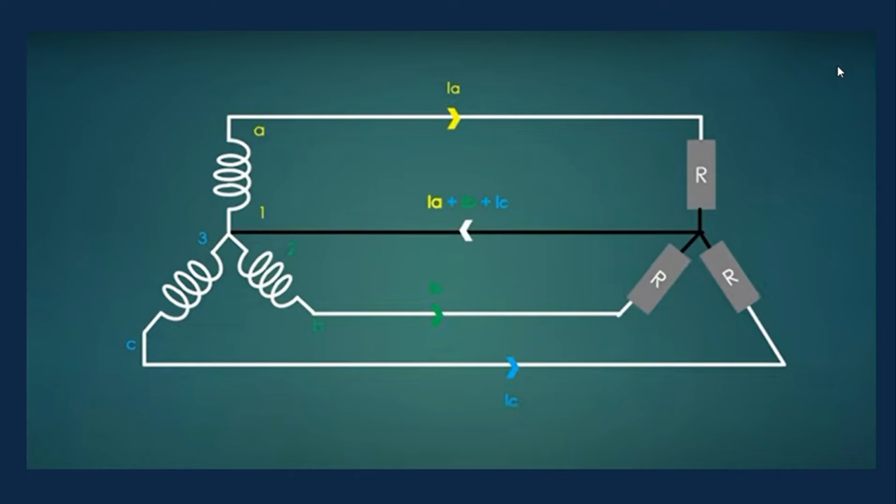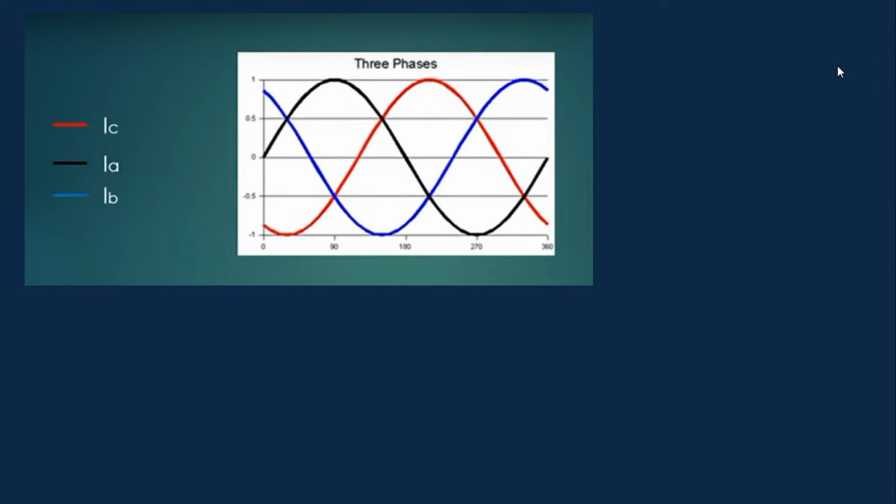It carries the sum of the three currents IA plus IB plus IC. At first, many people think that the conductor required for neutral should be 3 times the size of the other three conductors. But as we know, the currents of the three phases are out of phase by 120 degrees from each other, and if we draw a waveform of these currents, it will look like this. Now, if you observe the diagram carefully, you'll find that the sum of the return current is zero at every instant. For example, at the instant corresponding to 240 degrees,